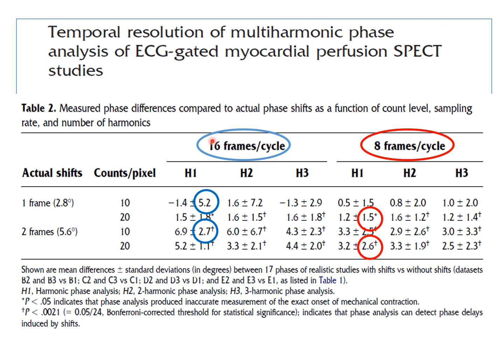The number of counts per pixel within this LV count distribution. So here he did all these measurements with counts per pixel of 10 or 20, and even if the onset was different by 2.8 degrees, which is roughly 8 milliseconds, you can see the error of using 16 frames per cardiac cycle with 10 counts per pixel. Of course, when you go to 8 frames you're going to get twice the counts. If you have fixed dose to the patient and fixed total time, you have to get twice the counts in 8 frames per